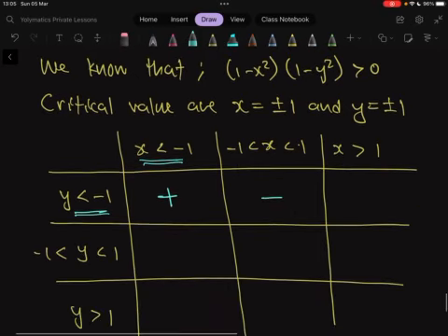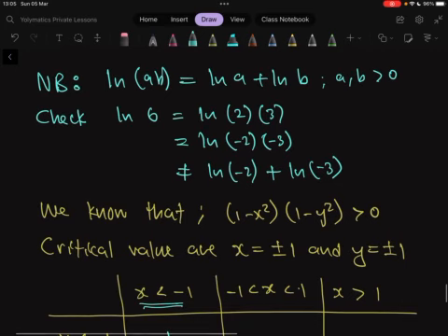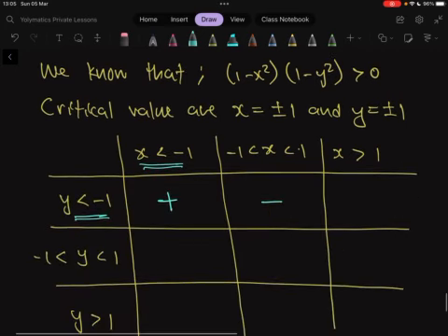Then again, I take values of x greater than 1 and those less than -1. So if x is greater than 1, the bracket 1 minus x squared is negative, and also y is negative. So I have a positive, like that. So once you know signs,